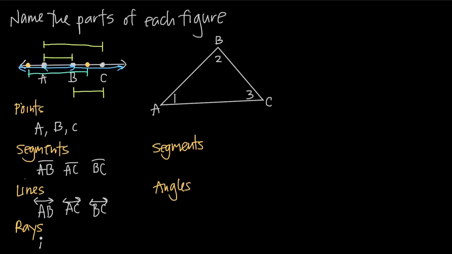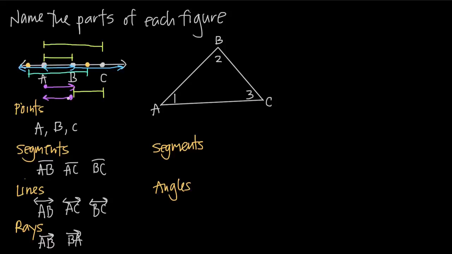So for example, the ray AB, we would write AB, and we would indicate a ray with a line over the top and an arrow just in one direction. This means that the endpoint, or the starting point, is A, and that the ray extends in the direction of B. That would be different than the ray BA, which would start at B and extend toward A. So the ray AB would be this ray, the ray with a starting point here. The ray BA would be this ray with a starting point here,